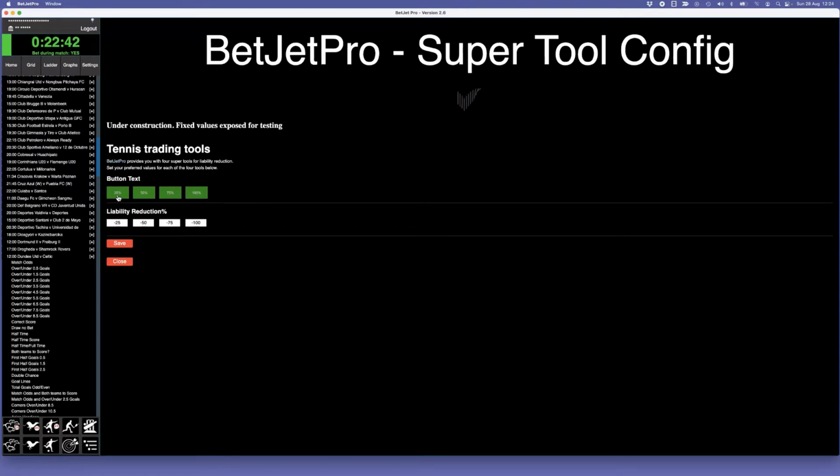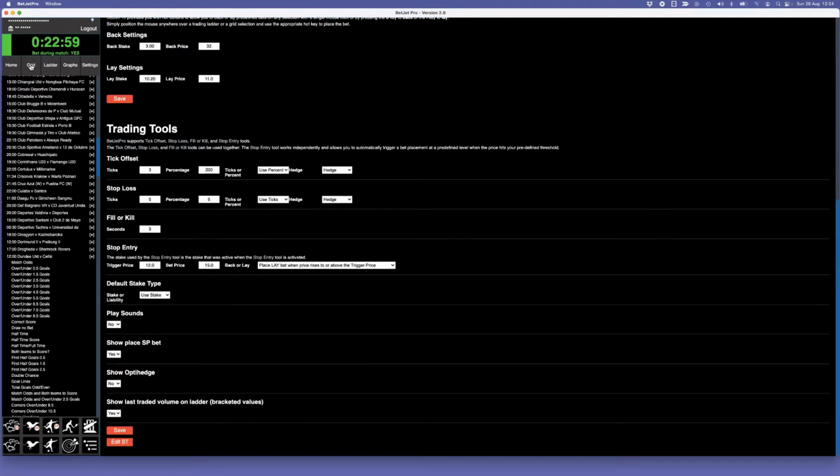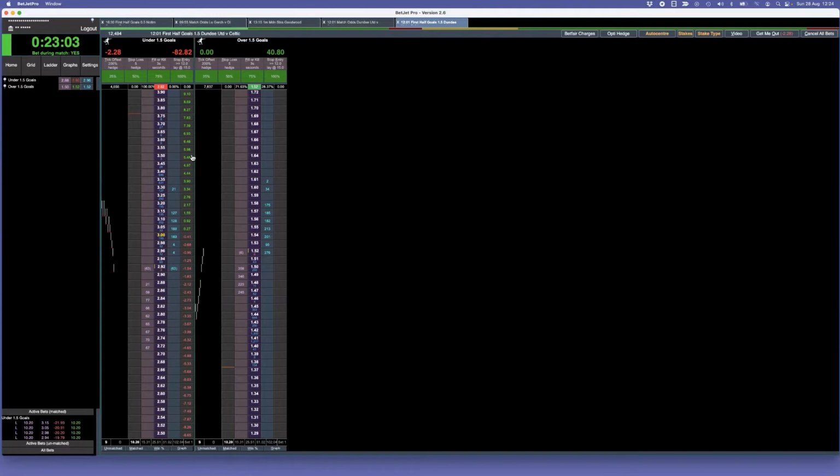You can put numbers, words, whatever you want this tool to mean, so you know what you're talking about. I've just written it to have 25%, 50%, 75% and 100% to match the liability reduction. And then you would just save that and close it. Okay, so if I go back to my ladder here,